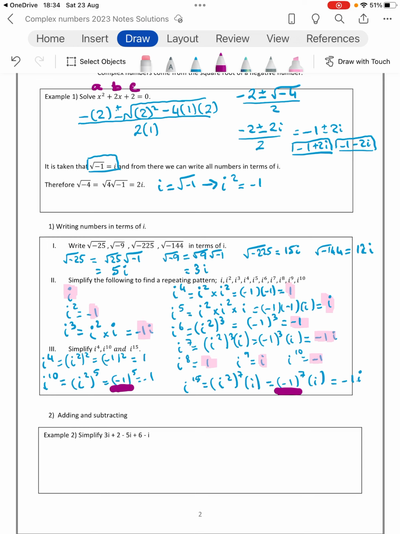That tends not to come up, but it can be asked. The top part there, solving something like that and knowing how to do that, will come up later again, but it's just to explain why we do this or where this comes from. So that part 1, with the writing numbers in terms of I, that can be a little bit tricky. So do practice a little bit of that. And what we're